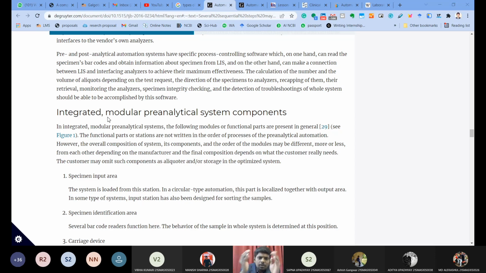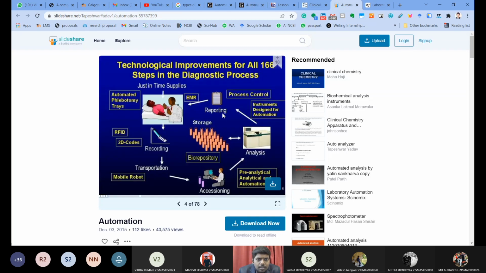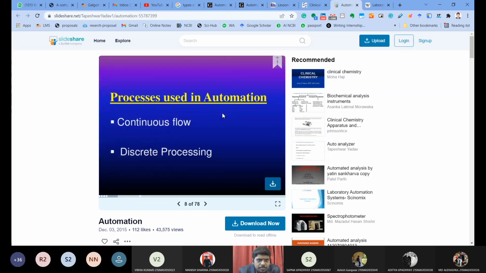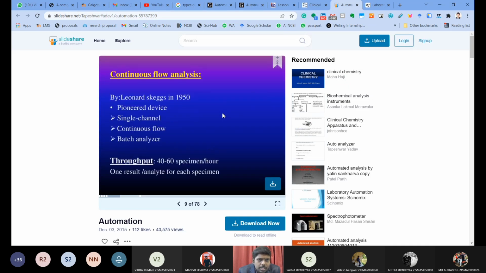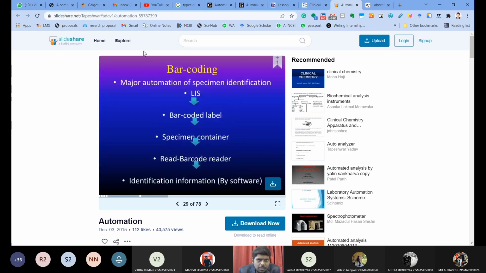And these same words we will discuss in individual components. Is that machine discrete? Is that machine continuous? Is that machine modular? In what phase are we using this machine? Is it used before the test, during or post test? So that is pretty much everything about automation in the laboratory. Whatever notes you go across, the same thing you can find. See here, I think this person has given detailed notes on automation in laboratory, continuous flow, discrete processing. Continuous means what? Okay, the same story.